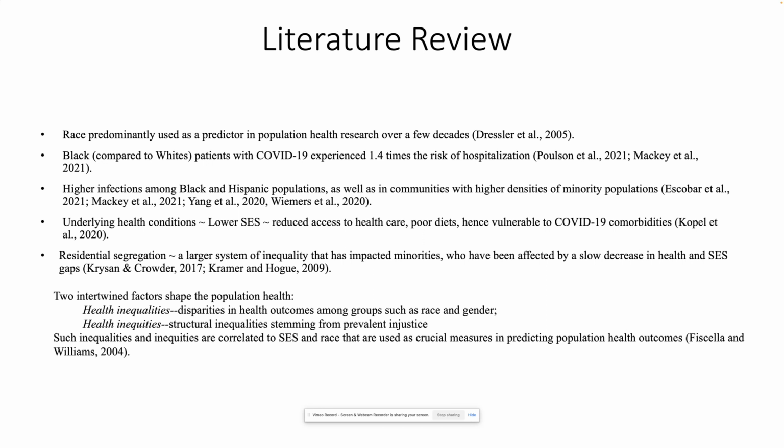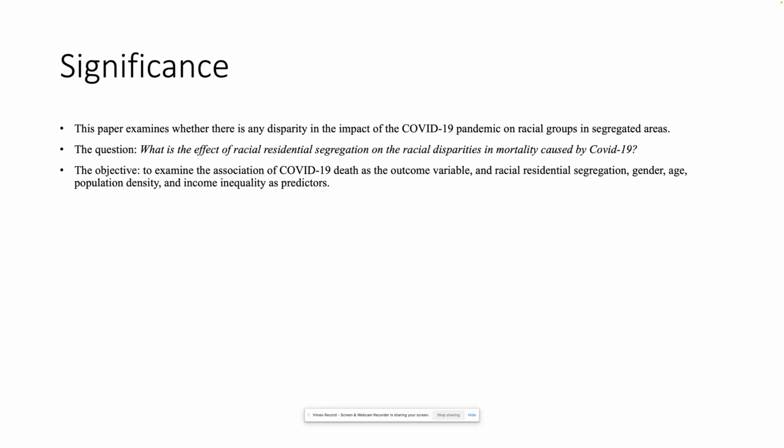So, such inequalities and inequities are correlated to socioeconomic status of individuals and race, that are used as crucial measures in predicting population health outcomes. So, various research studies in the past have already shown that. This paper examines whether there is any disparity in the impact of the COVID-19 pandemic on racial groups in segregated areas. So the research question is, what is the effect of racial residential segregation on the racial disparities in mortality caused